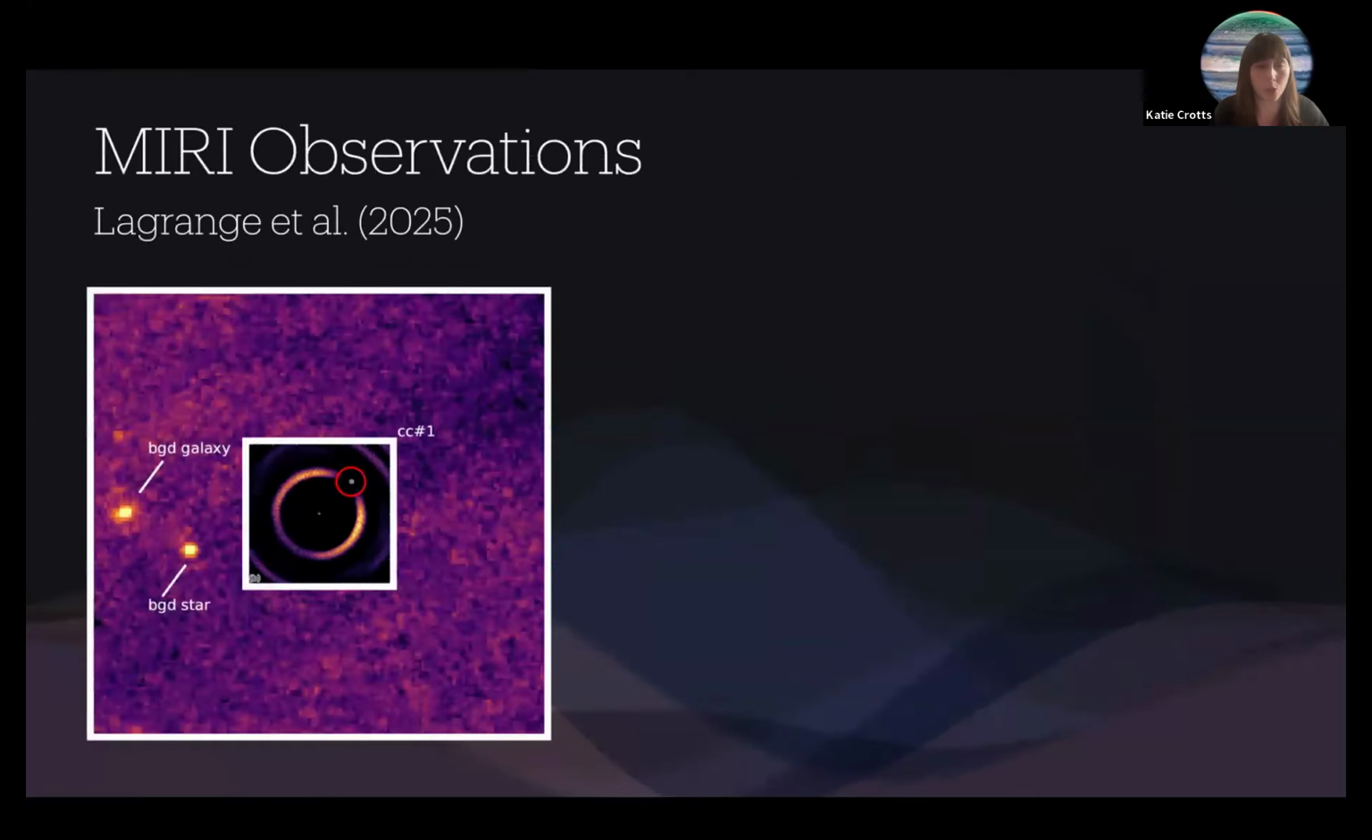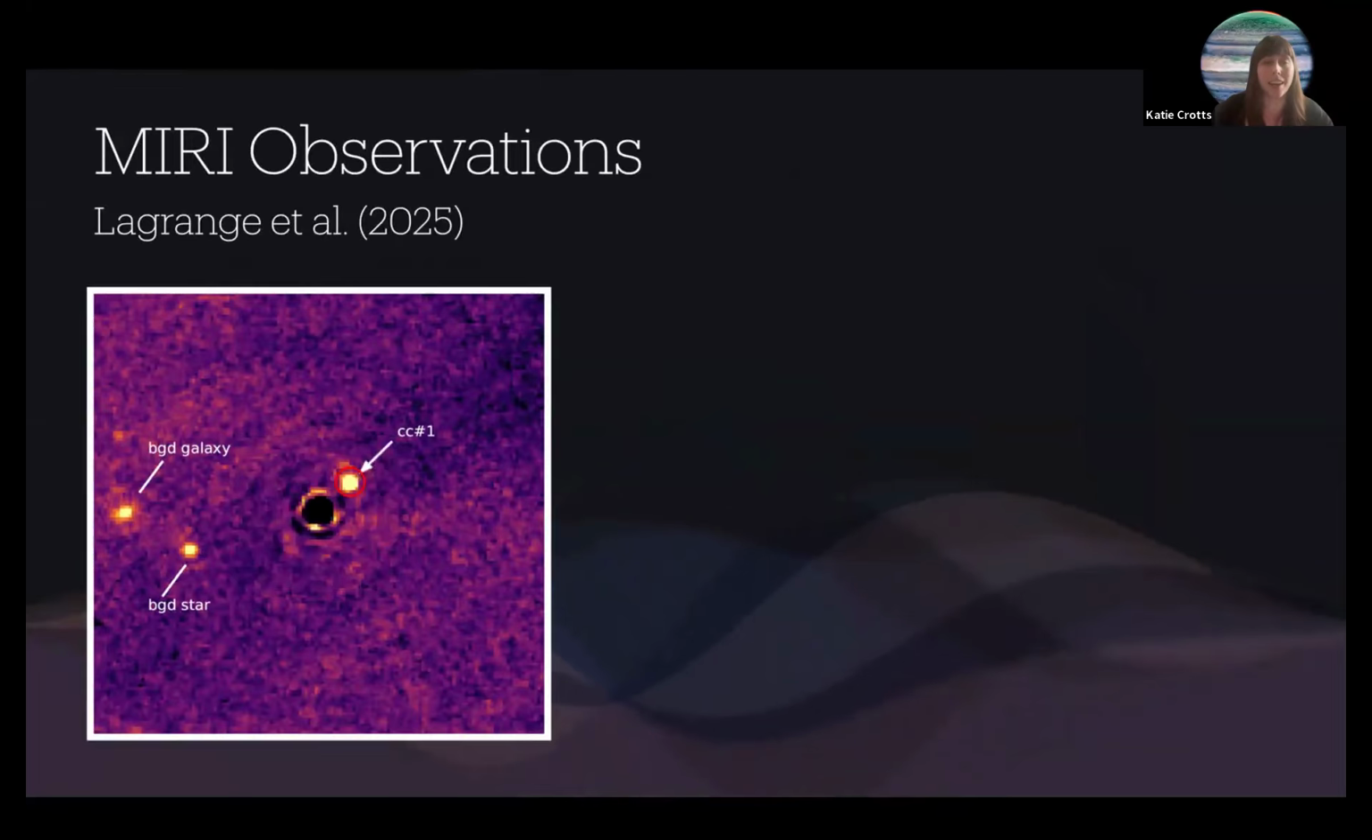So fast forward to 2024, where this system was imaged with MIRI. I'm just overlaying that same simulation with the MIRI image. And what we find with this data is a bright point source at the exact location that a planet was predicted to be. And what's even more exciting is that we look at the photometry of this point source and